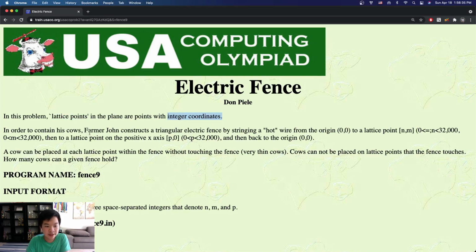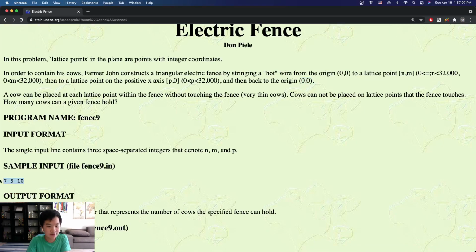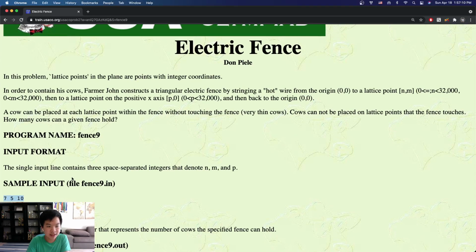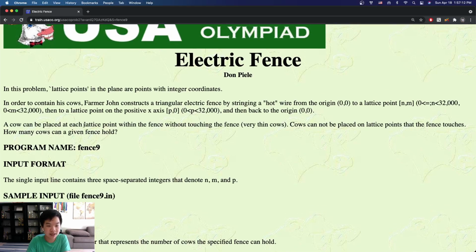So then in this problem, Farmer John has a triangular electric fence starting from the origin (0, 0) to some point (n, m), and then to some point (p, 0), and then back to (0, 0). So this basically forms a triangle from (0, 0) to (n, m) to (p, 0) and back to (0, 0). So we're just given n, m, and p, and we're going to find the number of lattice points that are